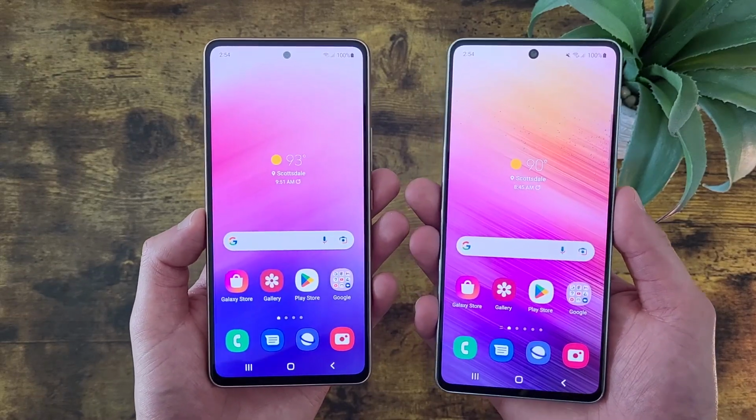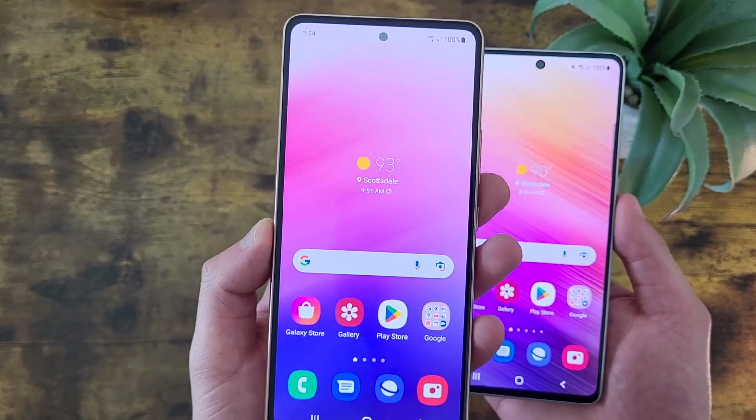In this video, we're going to be doing a quick comparison between the Samsung Galaxy A53 5G and the Samsung